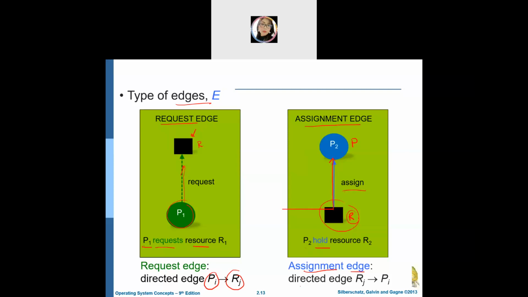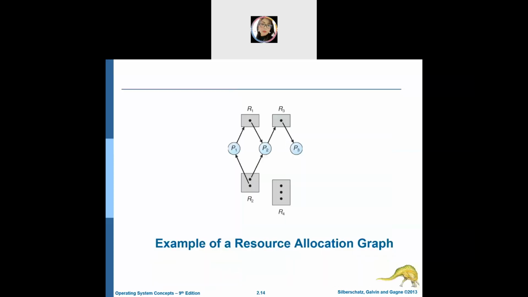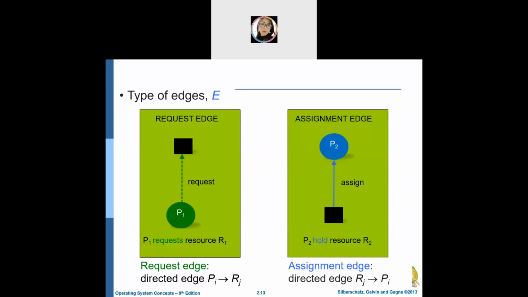Assignment edge is a directed edge, which means the resource was assigned to the process. So it depends on the process. Okay, let's take a look at more examples. Example of RAG. So in this picture, before that, maybe I can give you an example. Let's say you have